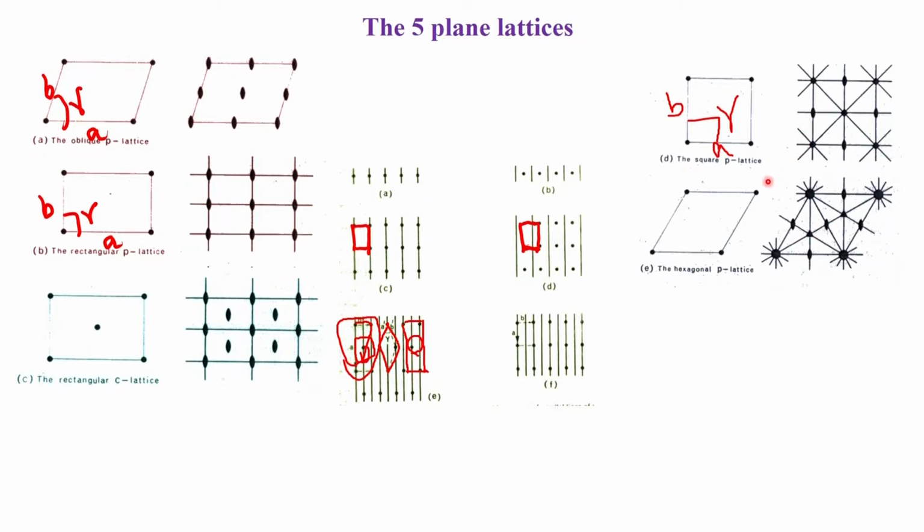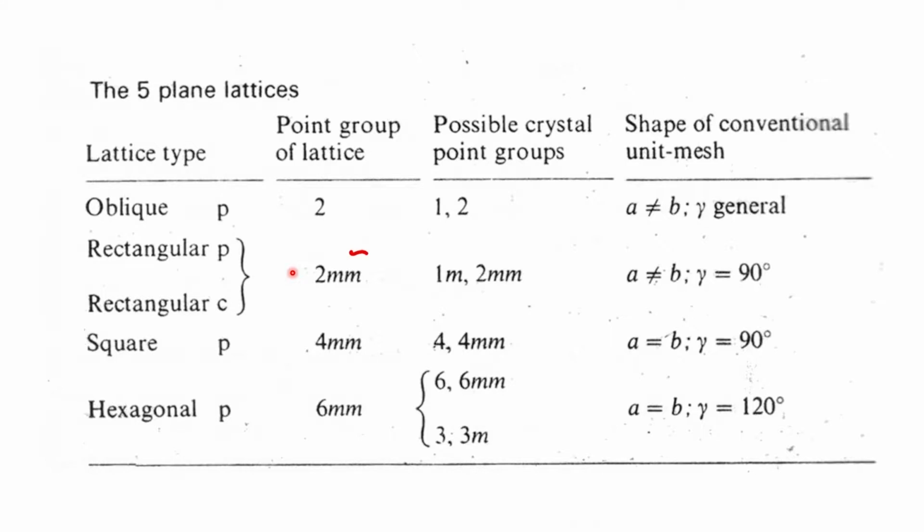So, even though we talked about 7 crystal systems, here there are only 4 crystal systems and 5 lattices. So, among the plane lattices there are 4 crystal systems in 2 dimensions and 5 lattices. Now, we will see what happens in 3 dimensions, with the 7 crystal systems, and how many lattices we can generate with the same logic. Before we go further, we will examine in detail the definitions of the 5 plane lattices. This is something which is very important and crucial.